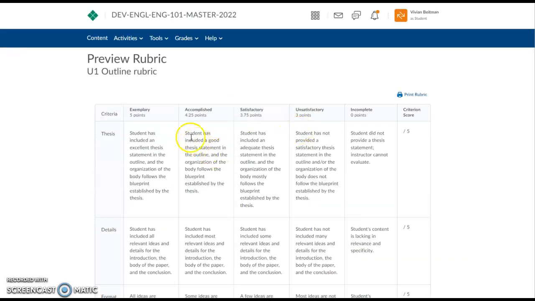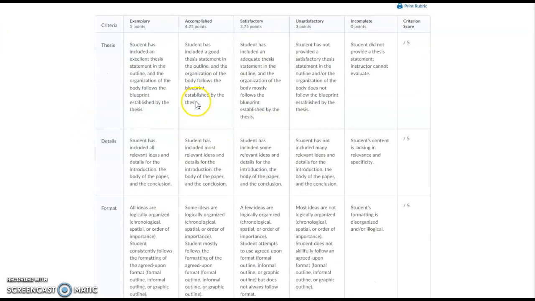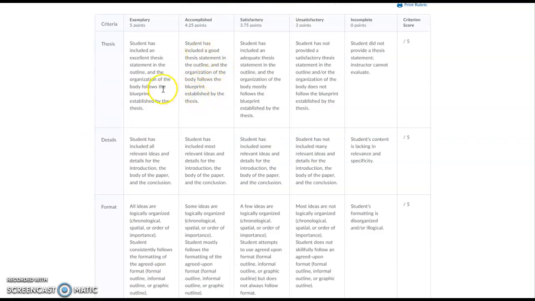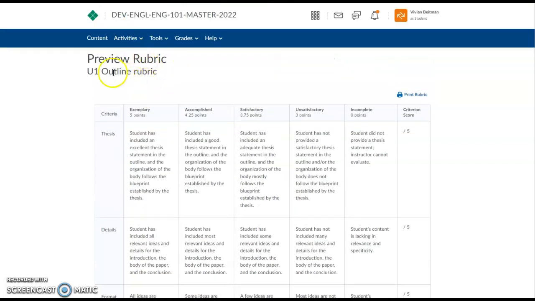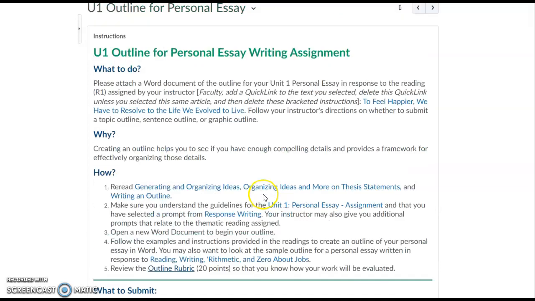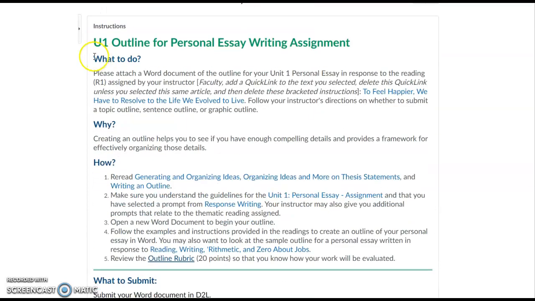Before you submit it, click through the rubric and make sure that you have followed the directions provided and that you have understood how it is that your instructor will assess this material. Again, if you have questions, get in touch with your instructor,